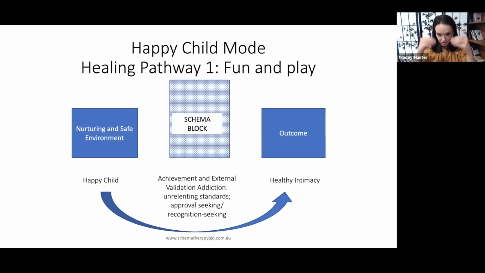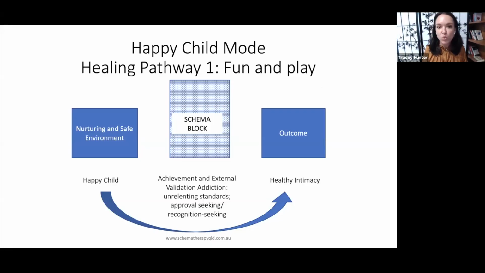And the child in that situation grows up with these schemas, which are, I have to think more about how other people see me, about impressing others, about doing the right thing. And that takes them out of their body again, and puts them in their head, thinking, analyzing, working out, how should I behave? What are the expectations on me? Okay, I hope that is making sense. So I'll trust that it is, unless I see a little chat. Okay, so that's a block. That's blocking fun and play.